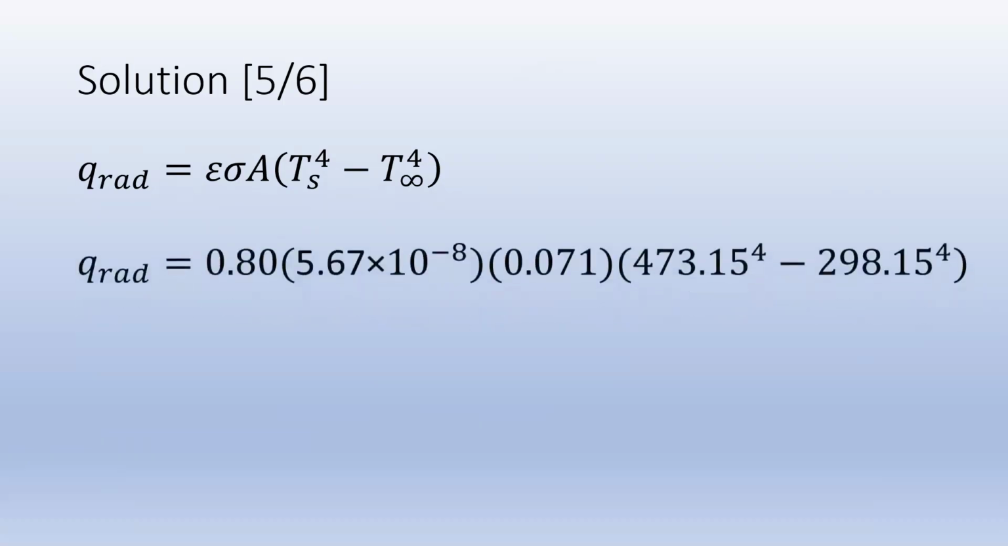The last thing we need to solve for is the heat from radiation. Since we assumed small body, large enclosure, we have the formula Q radiation equals epsilon times sigma times A times Ts to the fourth minus T infinity to the fourth. We will then plug in the givens and solve for variables, which will give us a value for Q radiation to be